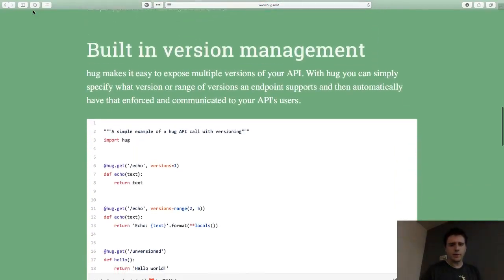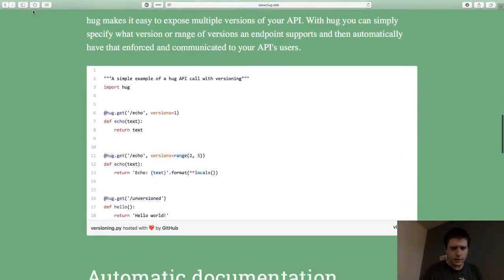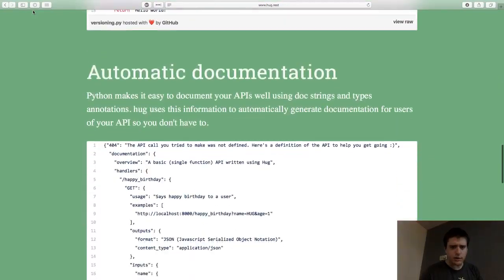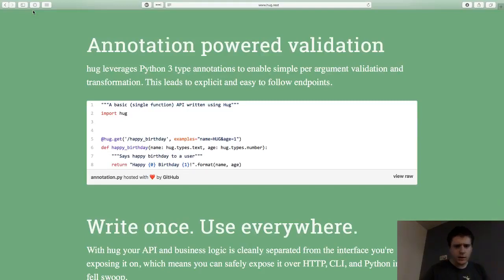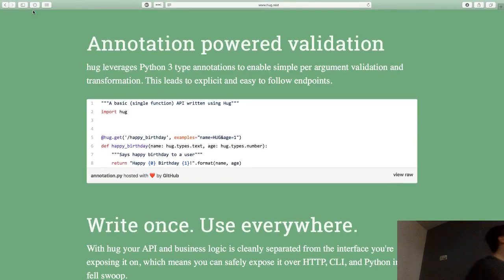Let me see if... no function annotations just yet. Automatic documentation should be in here. There we go. So function annotations, for the live stream, are these bits of code that come